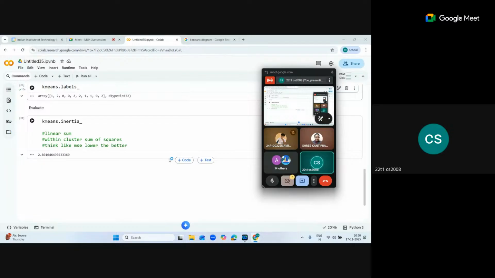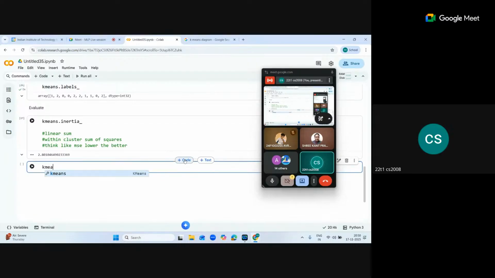Okay. So Silhouette should be present in the metrics library. I think it's not an attribute. Let me just verify. Yeah, it's not. So we have to import it from metrics. Okay. So from sklearn.metrics